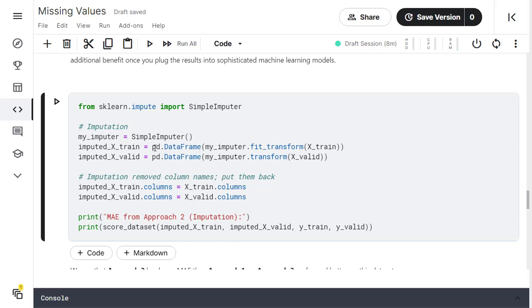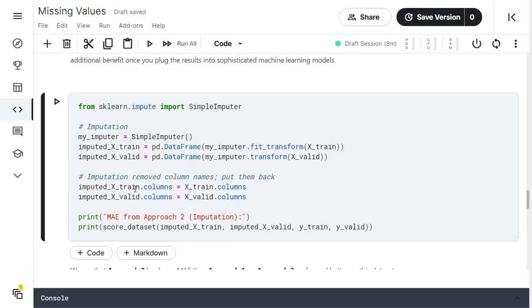For this we are creating data frames and storing them as imputed X train and imputed X validate. So you have imputed the values. Now when you apply the imputation transform function, you don't get the column names. So we are adding column names to the imputed X train and X validate data frames.